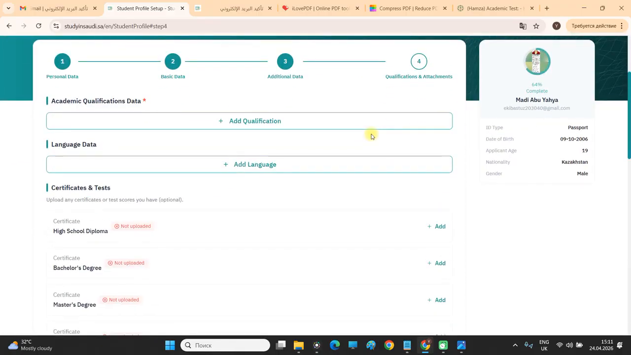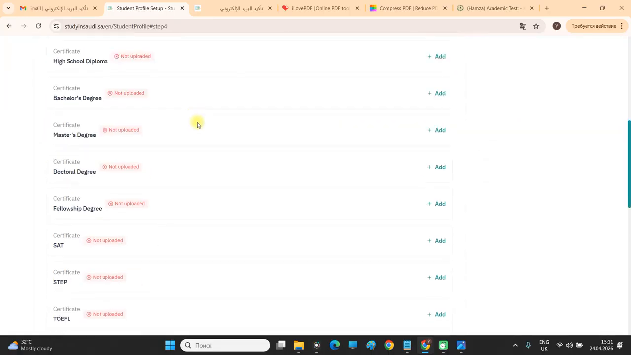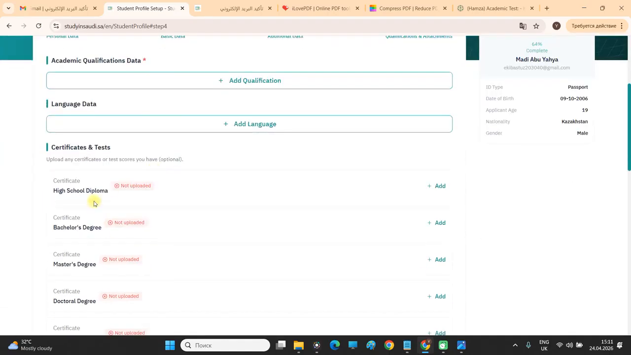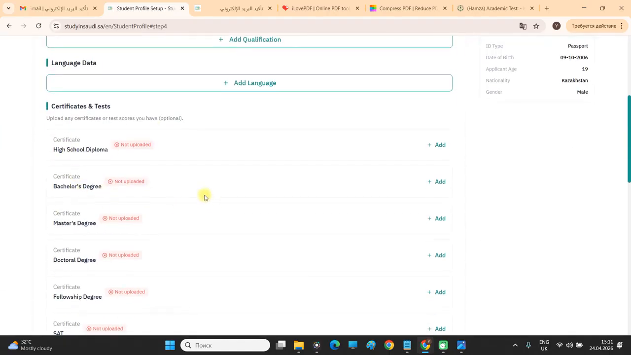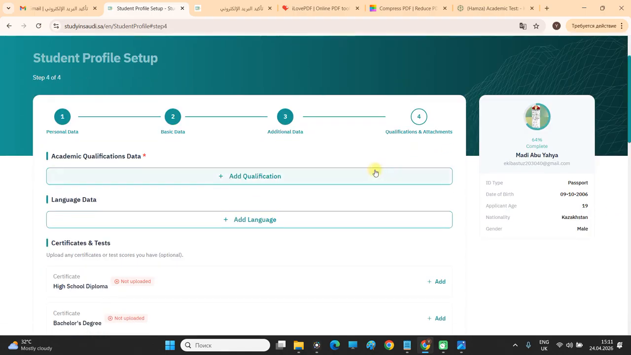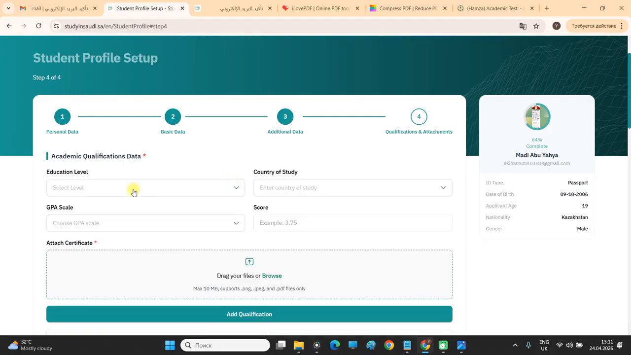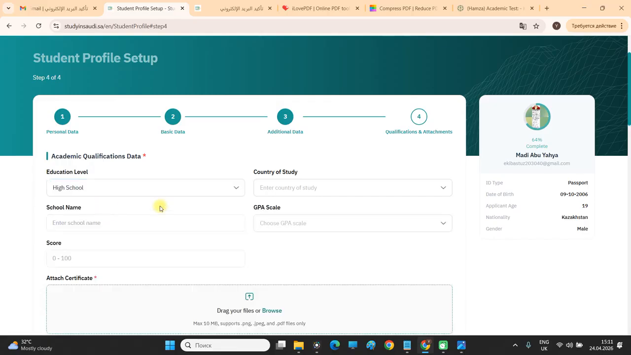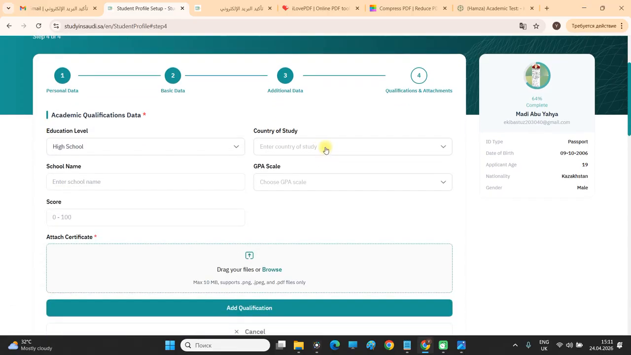Okay, now we go to the fourth point, and this is where you attach your documents. Again, the first day of the application, it was very short, but the third day, they added other things. So let's go one by one. Add qualification. Let's say you graduated from high school, you're applying for the bachelor's. That's the case with most of the applicants. Country of study, school name,